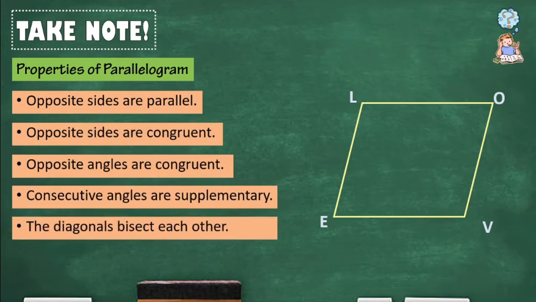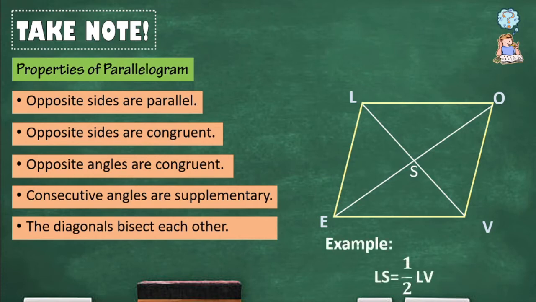The diagonals bisect each other. So in our parallelogram, if we are going to draw the diagonals, we have diagonal LV and diagonal EO. And let's say that they intersect at point S. So in our last property, segment LS is equal to 1/2 of segment LV. Also,